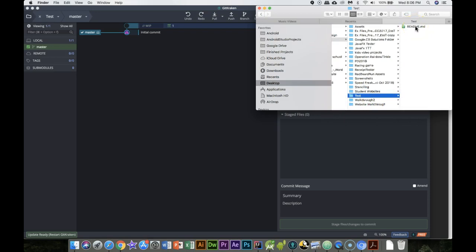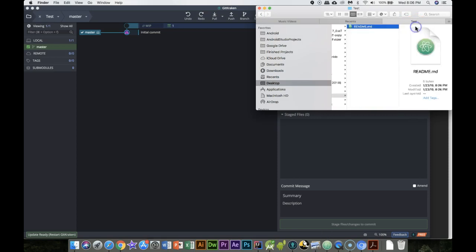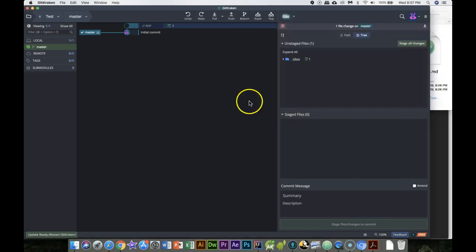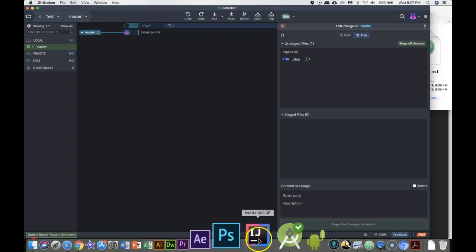And the README file doesn't really have anything in there, but it is a file where I could write all the changes and stuff that I've made. Okay. GitKraken is kind of a visual way for us to see when we're making changes. So now that I created that folder doing it this way, I could go ahead and go to my IntelliJ